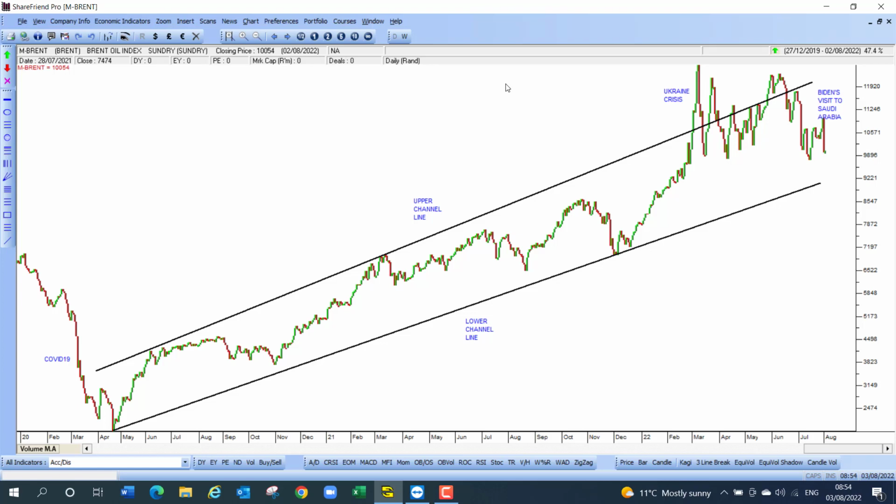Food and fuel caused the inflation rate to reach 7.4% in June, well above estimates of economists, and that's caused the Monetary Policy Committee to raise interest rates by 0.75%. This puts more pressure onto mortgage bond holders, and obviously the MPC here is forced to follow America and Europe so as to keep our government bonds attractive to overseas investors.